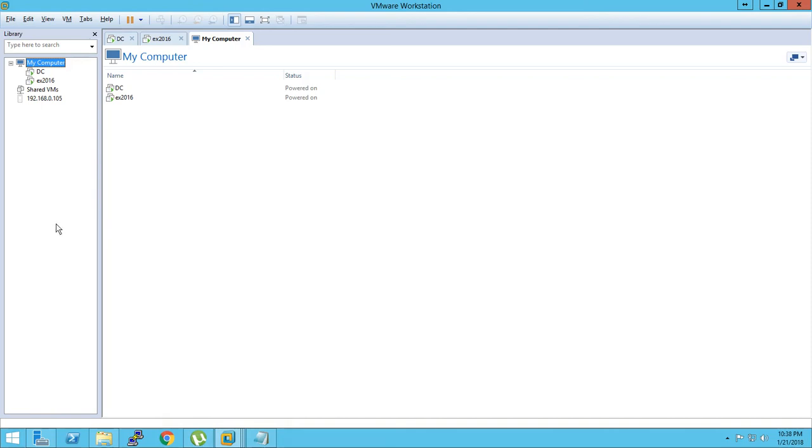For that, what you need is the ISO of ESXi 6.5 that you can download from the VMware site in the evaluation version, and that will be free for 60 days. So let me show you how to do that. First you can just